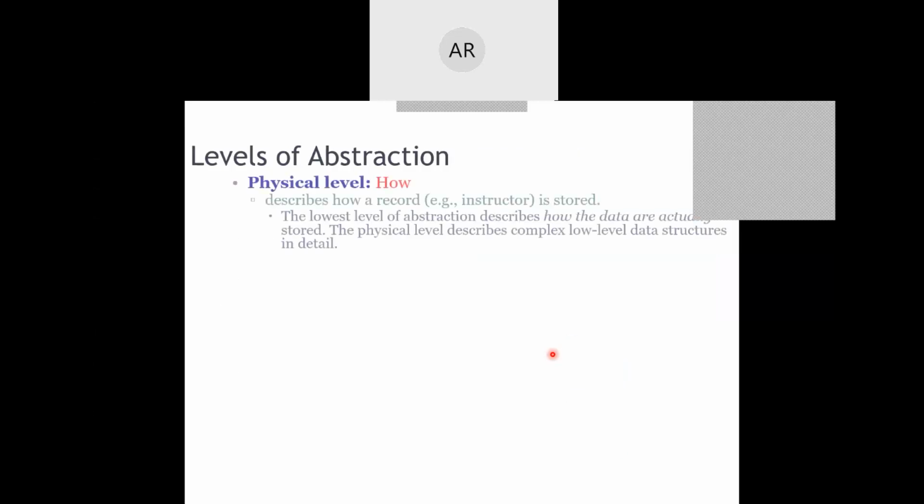So, if we have a look at all those things, first let us talk about the physical level. As I said, how the data is going to be saved and where the data is going to be saved is hidden here. For example, if I consider a database management system, the data will usually be saved in terms of tables, and a table will be composed of multiple rows and columns. Each row in the table is called either a tuple or a record.